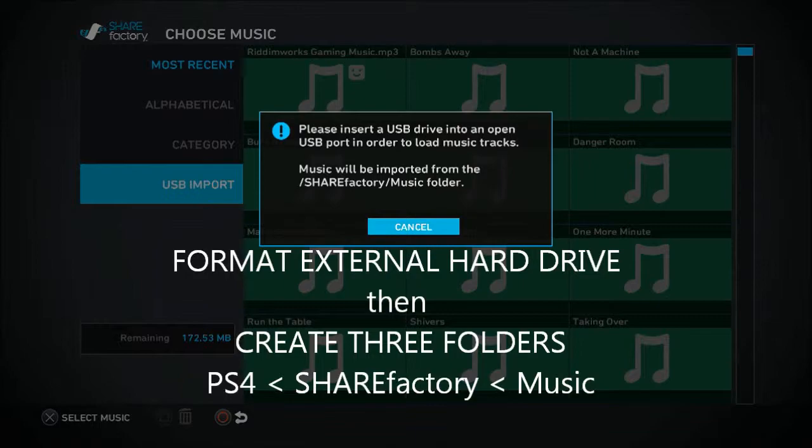Then you create another folder and put in the SHAREfactory folder your folder called music. And then you put the music that you want in the music folder. Then you come out of that from your computer and you plug it in your PS4. And then when you get into SHAREfactory and you're doing your editing and you get to this point,